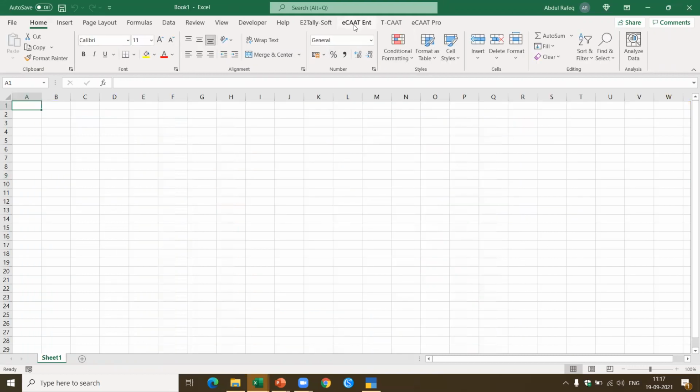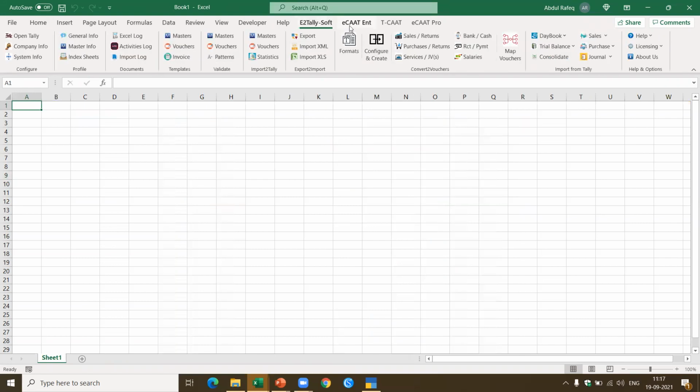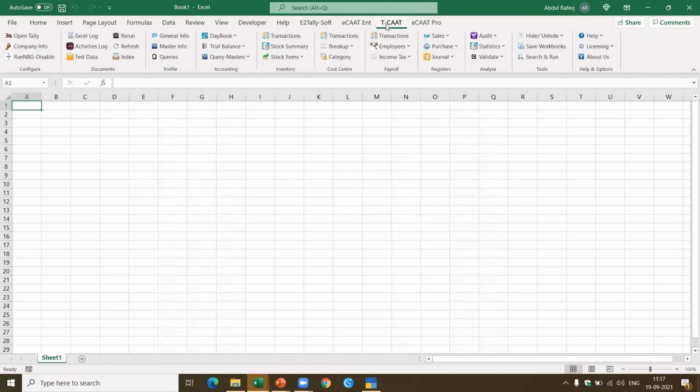Now this is what I said is ECAT Enterprise. When you click on this, the functions are shown. We also have E2TallySoft, ECAT Enterprise, TCAT. TCAT is one more software from Tally to CAT. This is an independent software. In addition to some of the functions which are available in E2TallySoft, it also has functions for the auditors, primarily from the perspective of audit, where you can do a ledger scrutiny, generate exceptions, summaries, ratios, etc. So you can watch the webinar of yesterday, where I've done the recording of how to use TCAT.